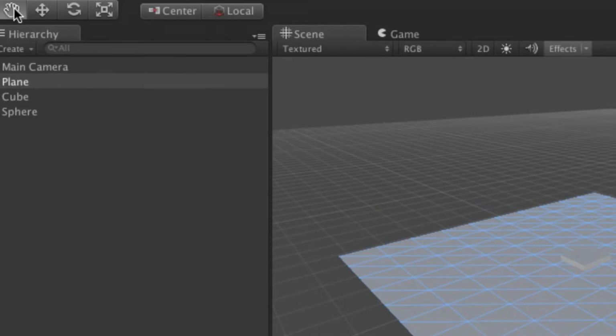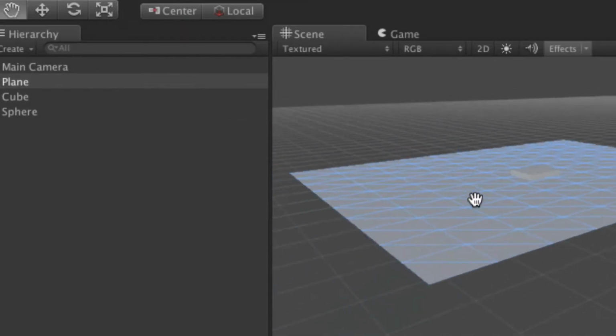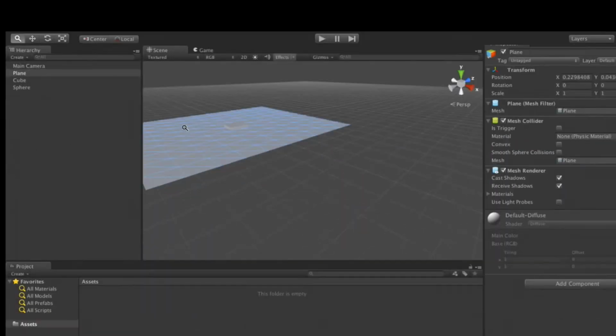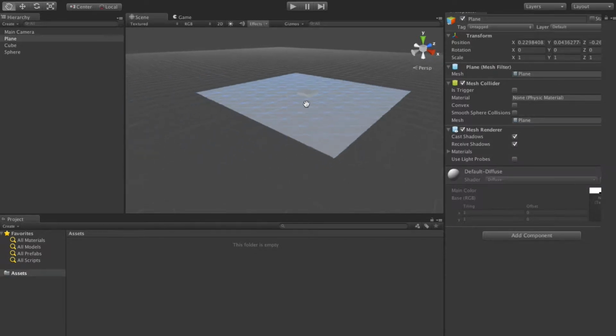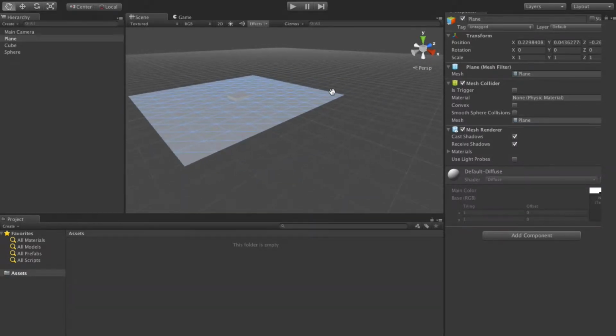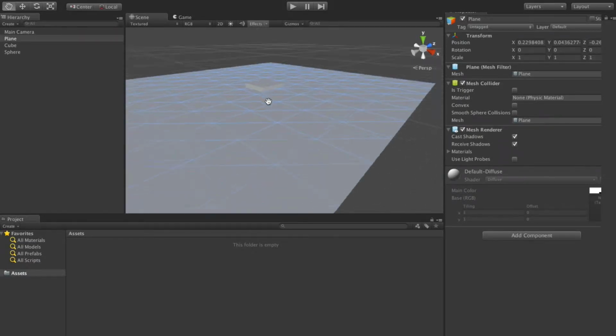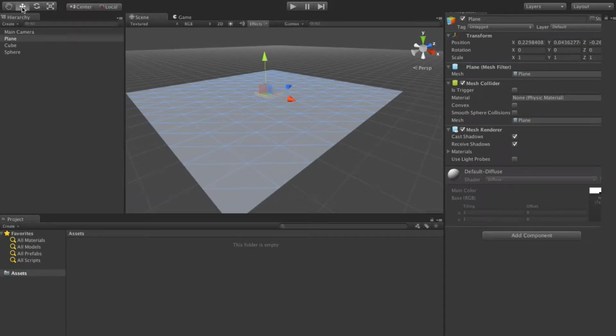Basically, you have the first tool here, the hand tool. That will basically move your, I'll just zoom out so you can see. That will basically move your scene, pan it around, and you can zoom in, etc. The second one, that's basically your moving tool. Okay, and over here on the left hand side, you've got your hierarchy, and basically what that will